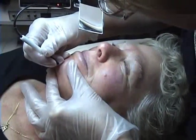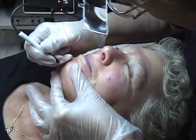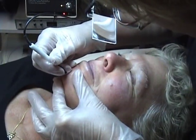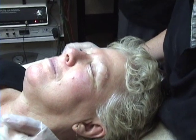So it really doesn't matter what end of the vessel you start out, Sandy, except where the tissue is a little less sensitive, that's where I'd start. Mm-hmm. So on the nose, I almost always start at the cheek and work in. And with this one, you want to start out and work in, because it's really going to be a little...